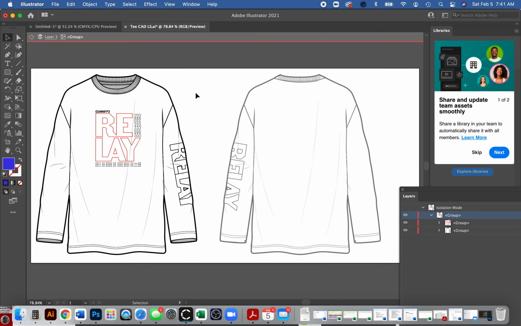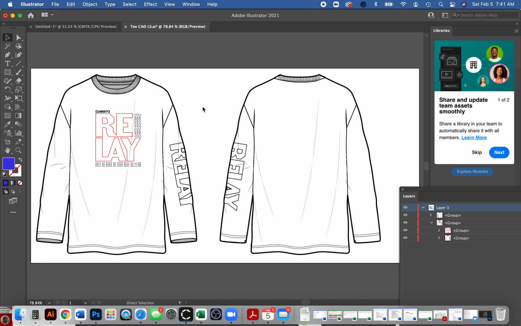Command 0. I'm going to double click to get out of the group. Click, click. I'm going to hit Command V. And we can just move it over if we really wanted it on the back. But I want to make sure you feel comfortable selecting items, copying them, cutting them, and pasting them on different layers. If you can do that really well, you're going to have so much more fun in this class. You can really focus on the design perspective instead. Okay, so that's the end of this refresher.